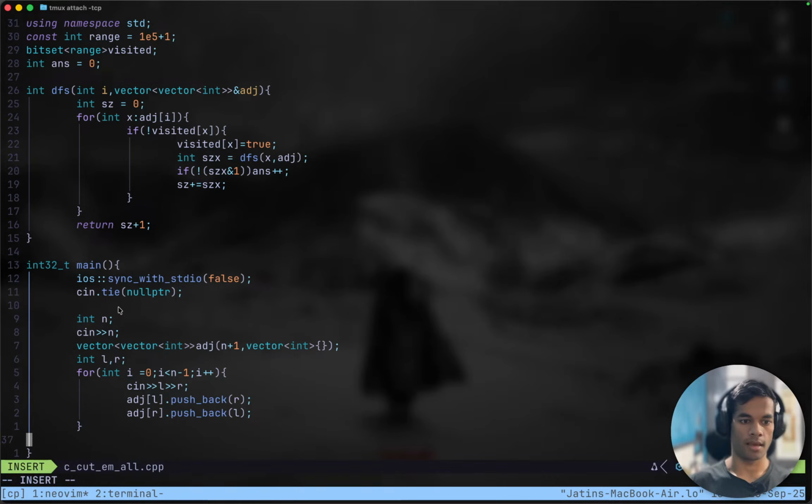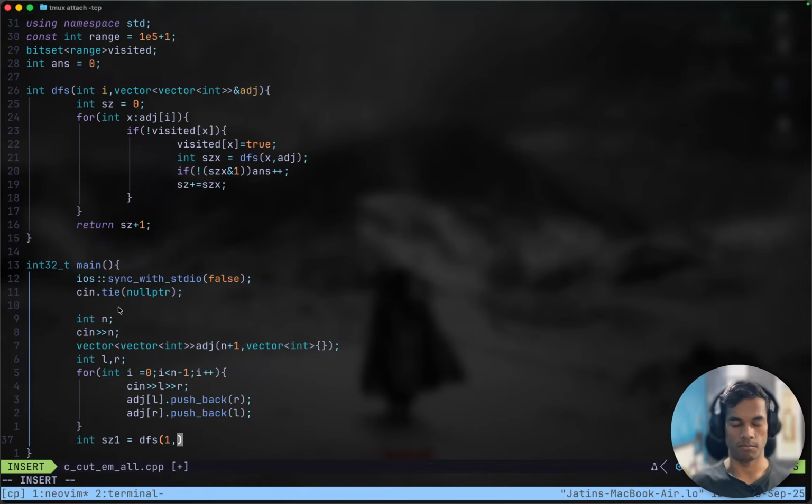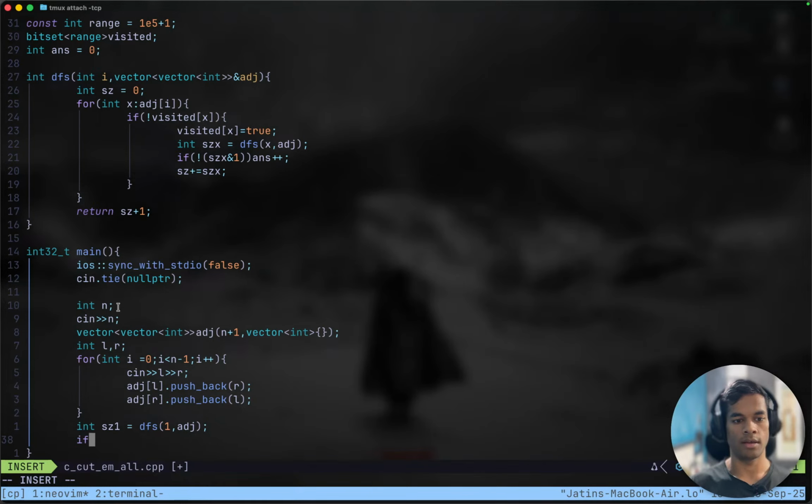Okay, and what we will have here is answer. We will call size 1 equals, we will call dfs on the 1 node with adj, and if this thing sz1